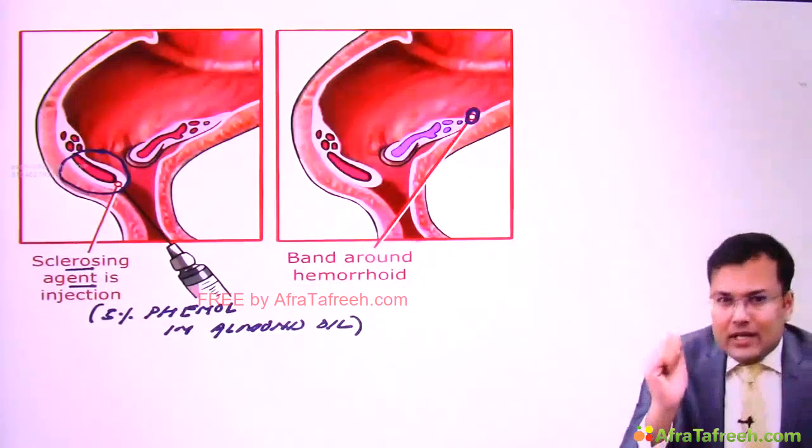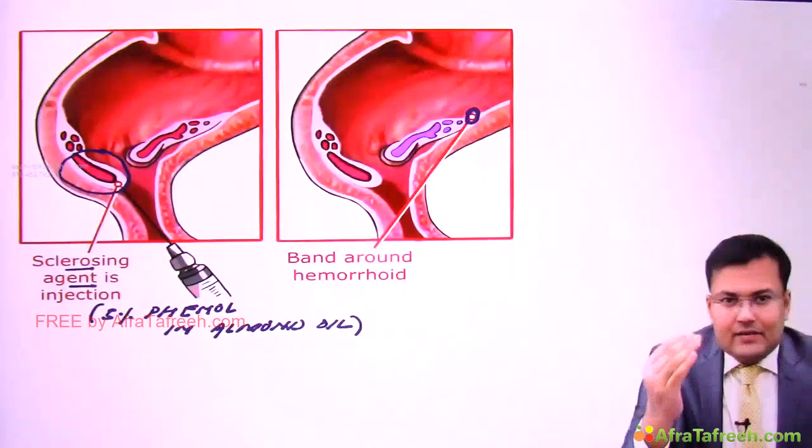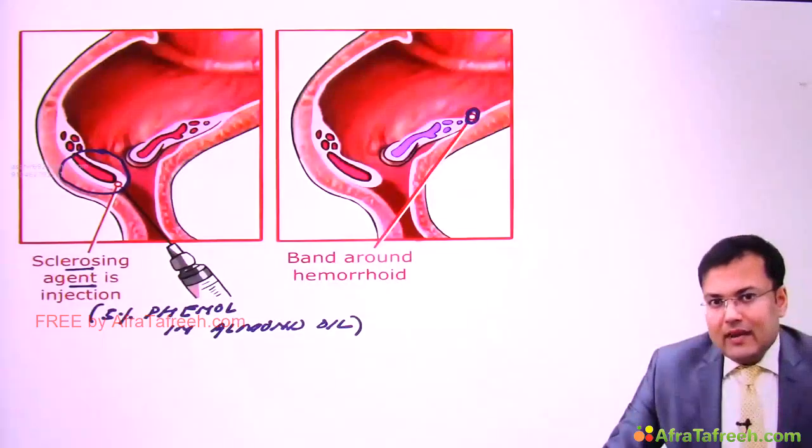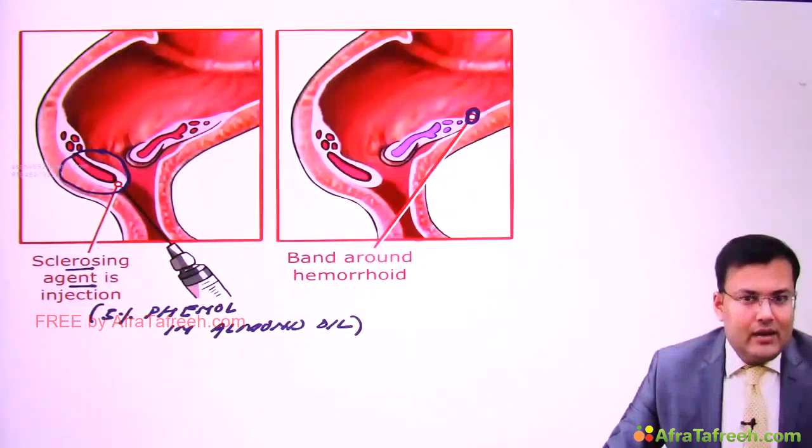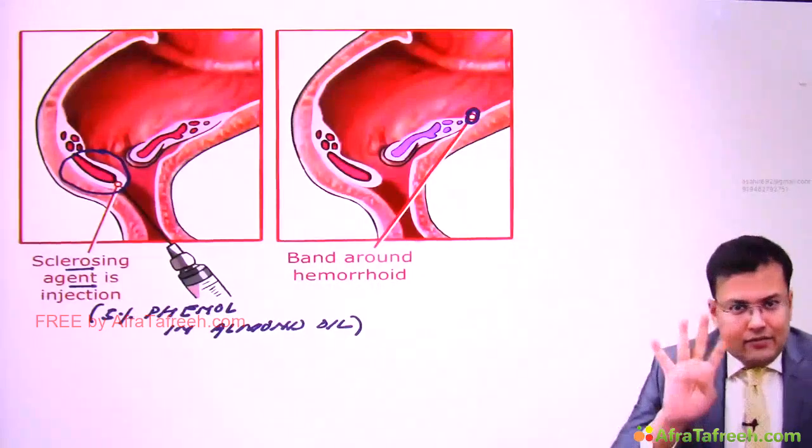See, the hemorrhoids in which there is prolapse, generally in these cases we have to go for excision of that prolapsed hemorrhoid. Means whenever there is prolapse, we have to go for excision, and excision of hemorrhoid is known as hemorrhoidectomy. That's why in selected patients of third degree and in fourth degree patients we go for hemorrhoidectomy.